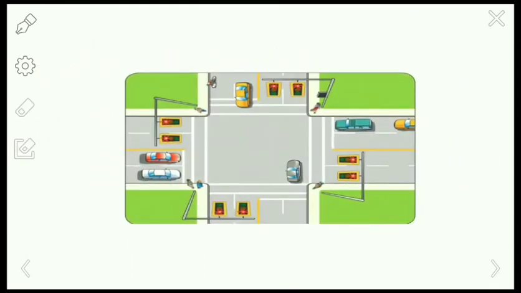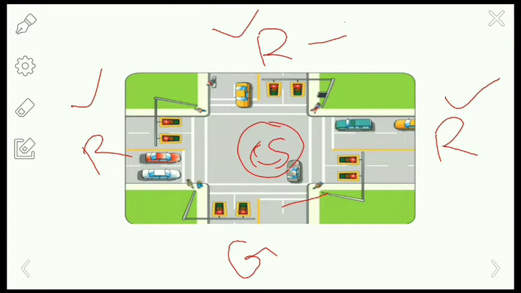Before going to the concept, let us know about semaphores with a simple real life example. For semaphores, traffic signals are a good real life example. There are 4 lanes here, and we can consider the 4 lanes as 4 processes trying to pass through the center part, that is the critical section.